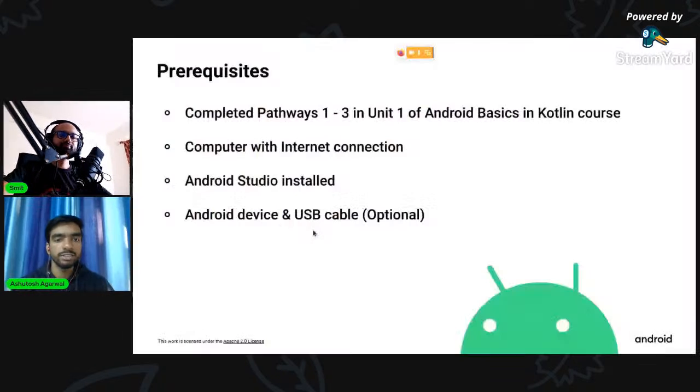Talking about the prerequisites, we need to complete the first three pathways that we have discussed in the previous session. We should have a computer with an internet connection. Having Android Studio installed is highly recommended. If you have an Android device,